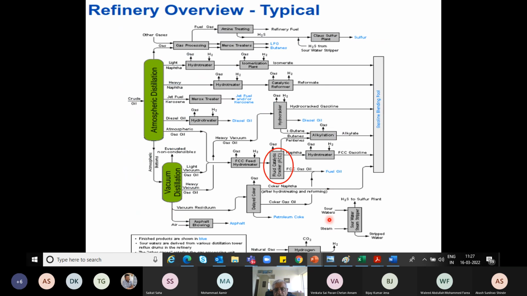As usual, I told you that before I begin a new technology, I try to get your bearing in terms of where actually this technology belongs in the refinery configuration. And as you already know, fluidized catalytic cracking actually cracks very heavy molecules, which is virtually the bottom of the